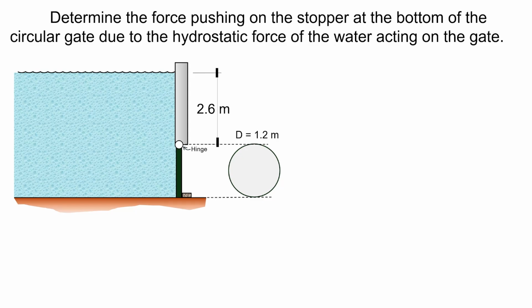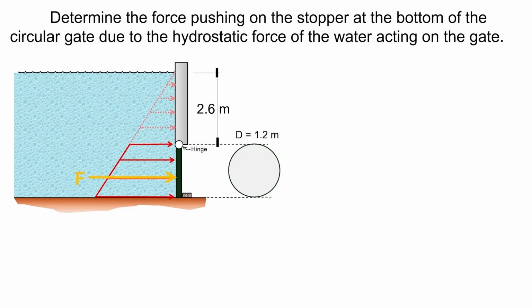In solving problems involving hydrostatic forces, we will normally start by showing the pressure diagram. If the liquid surface is exposed, the gauge pressure there is 0 and it will increase with depth, and it is linear. We know the formula of pressure as the unit weight of liquid times its depth. Pressure increases with depth. Now, we are only interested with the pressures acting on the gate, so we can neglect the top part here. Now, we can get the resultant of all this pressure into one single force, which we